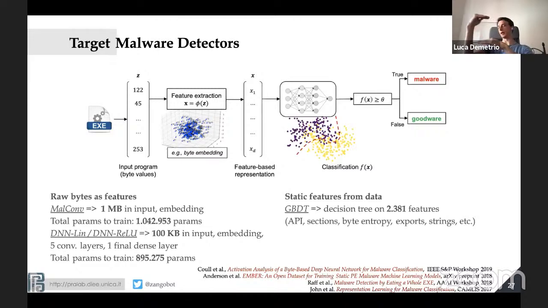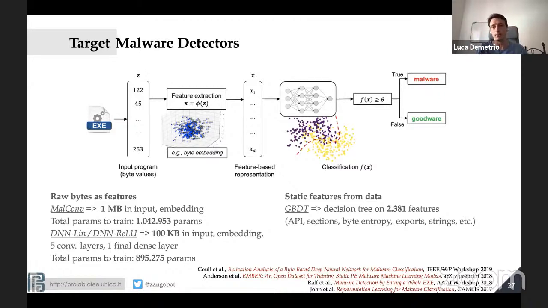So you take your malware, you take the first 1 megabyte of content, and that's your input. You then feed it to the network, and it's going to reply with malware or goodware. Since bytes do not have any kind of metric, what does it mean that you take byte number 2 and byte number 90 and you do 3 minus 90? This makes no sense. So for letting the network learn something relevant, they apply a feature extraction part that is an embedding in